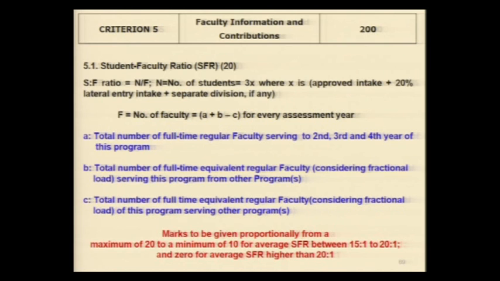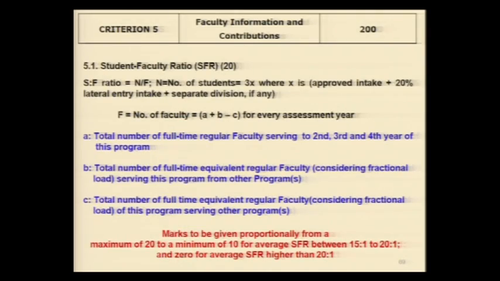And it is expected that they will maintain a ratio of 1:15, and from 1:15 to 1:20 marks will vary from 20 to 50% of the marks to 10. What has happened is that our pre-visit qualifiers have come after the self-assessment report. That's why if you look at the last line, 0 for average SFR higher than 1:20. Now, if you look at the pre-visit qualifier, anybody having a student-teacher ratio more than 1:20 is not allowed to move forward. Because our SAR came first and qualifiers came second, that's why in the SAR you find this line. But the permitted flexibility is 1:15 to 1:20.